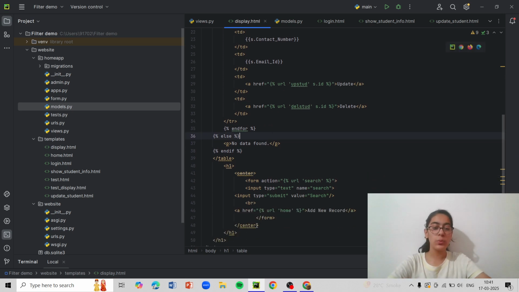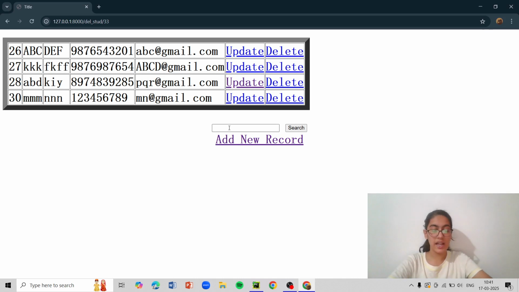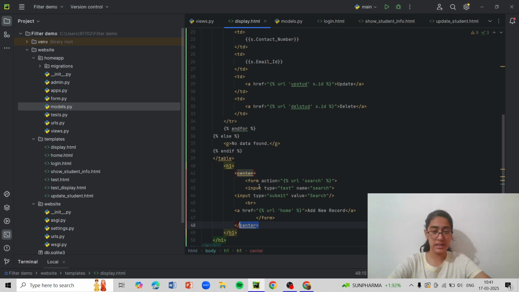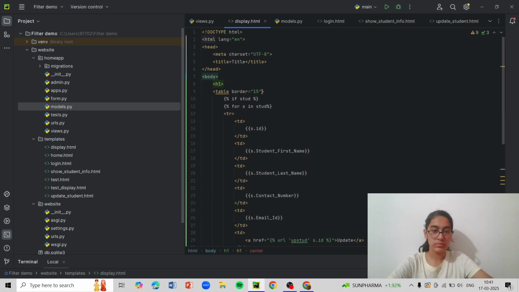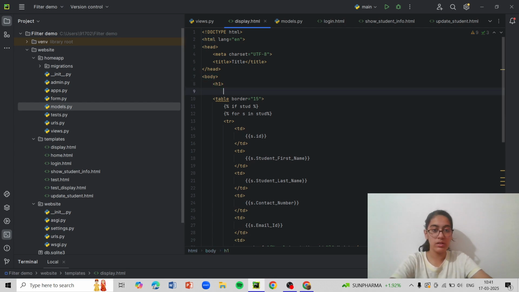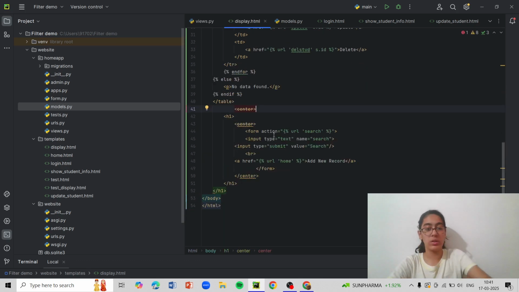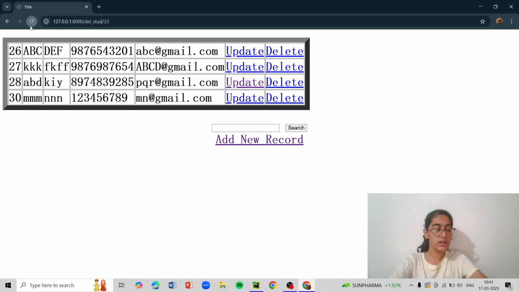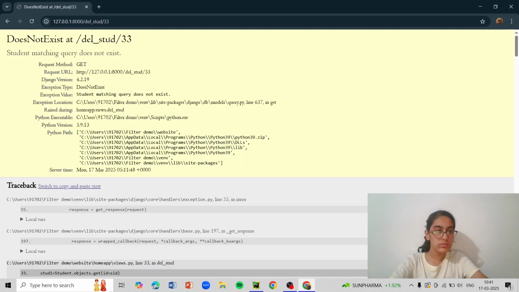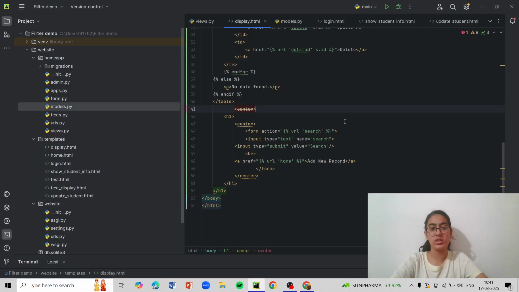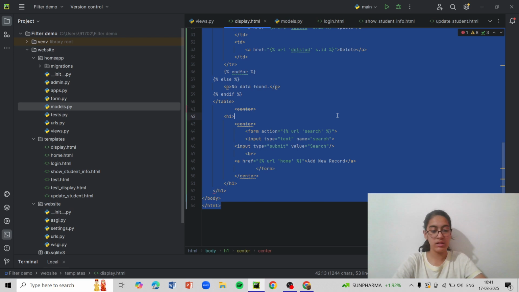So search button, to put it in the center, like over here you see I have this in the center, add.search. I can put this table also in the center. Let's try that. I just need to write this sentence over here before the table, Control V, and after the table ends right here. So now this should also come in center. I'll just try. Delstud does not exist. Oh, okay, so tables can't be in center.